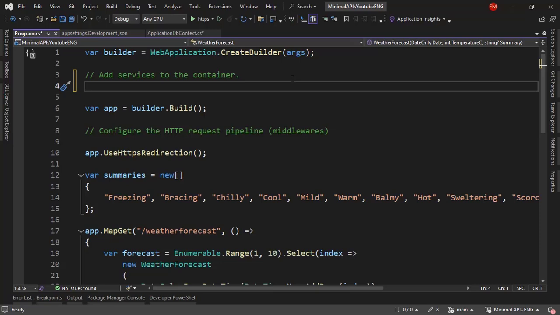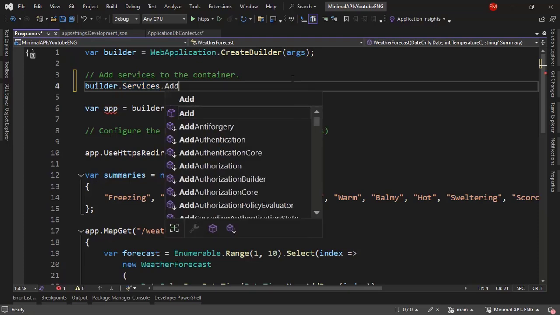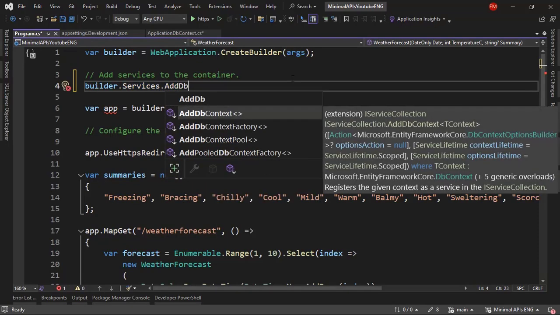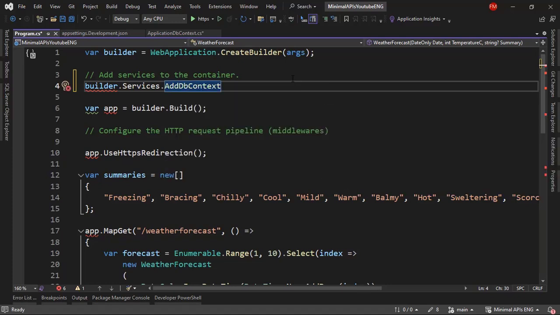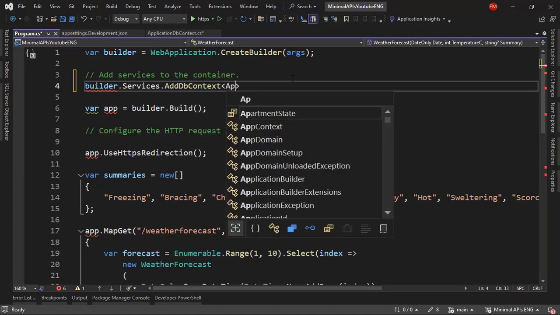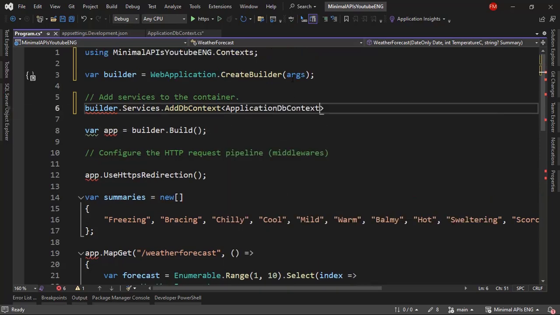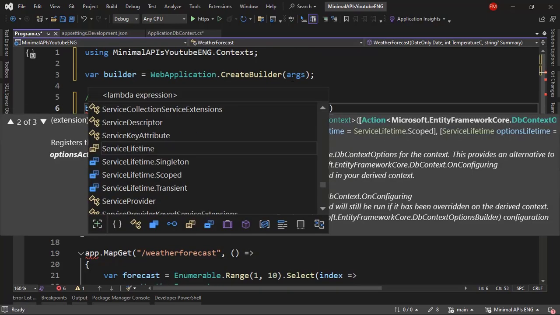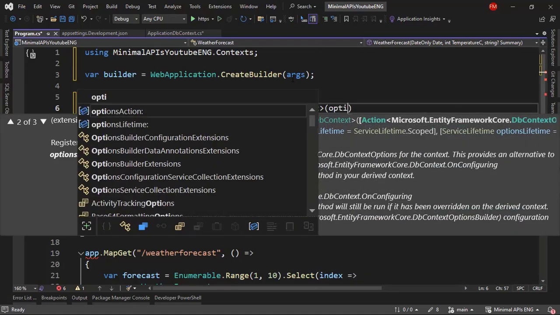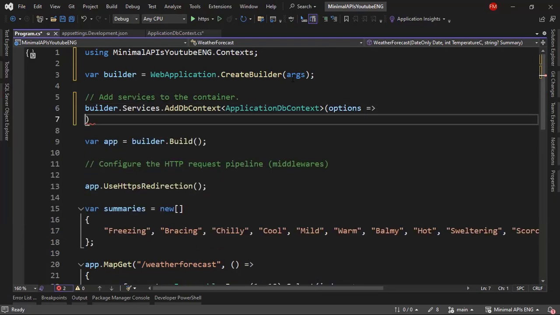That means that we're going to be able to get an instance of that class from any part of our application. This is because we're going to be using dependency injection. So let me say builder.Services.AddDbContext. There is a special method for adding DbContext to the services container. So AddDbContext. Here I have to put the name of my class, which is ApplicationDbContext. Then parentheses, options, and then in here I will say